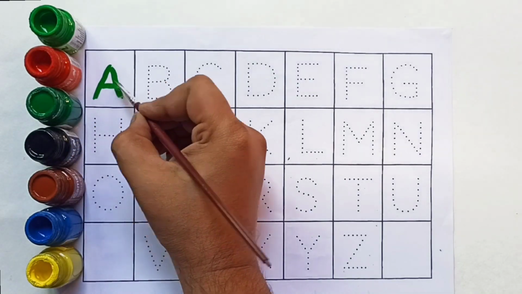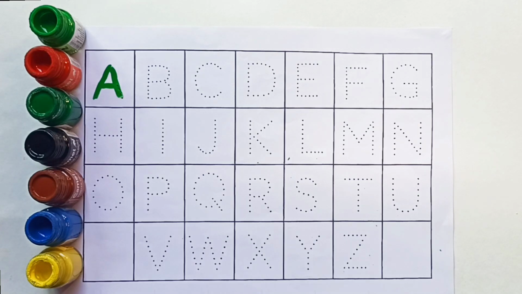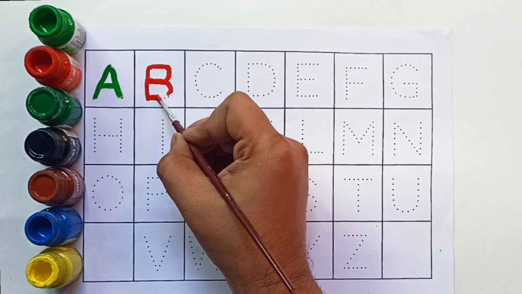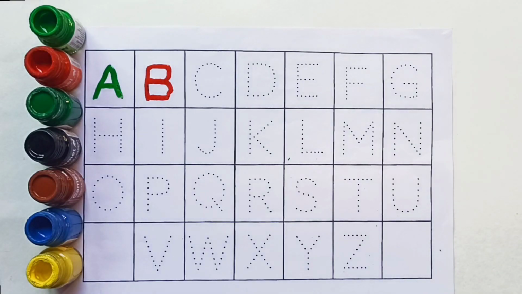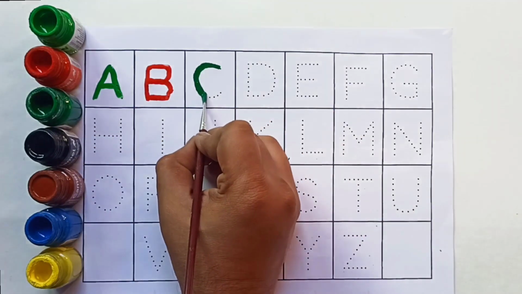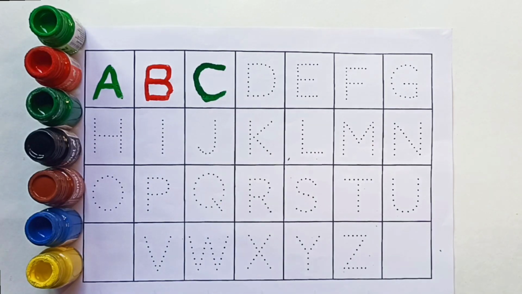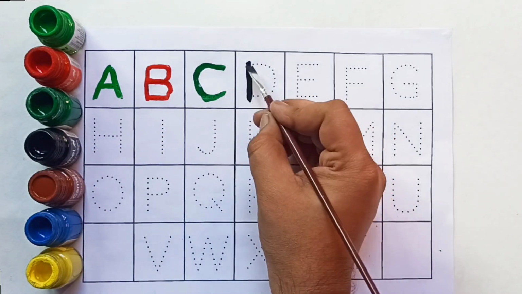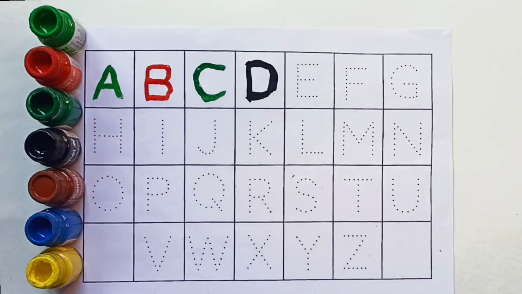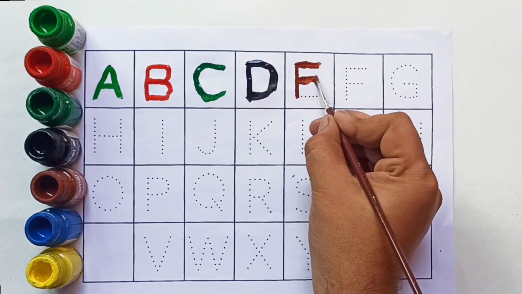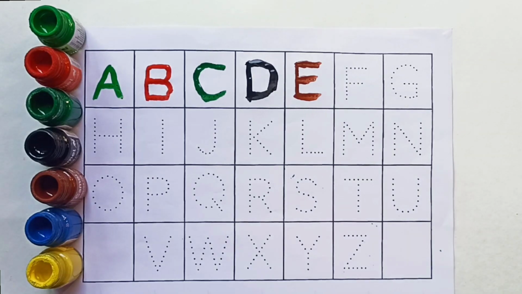A for apple, B for bat, C for cat, D for dog, E for elephant,